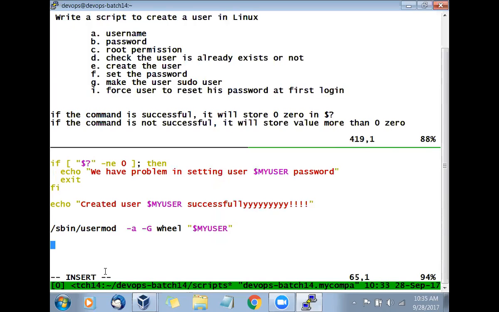But do you want every user to be a root user? Then what do you need to do? So what can you do? Pardon?